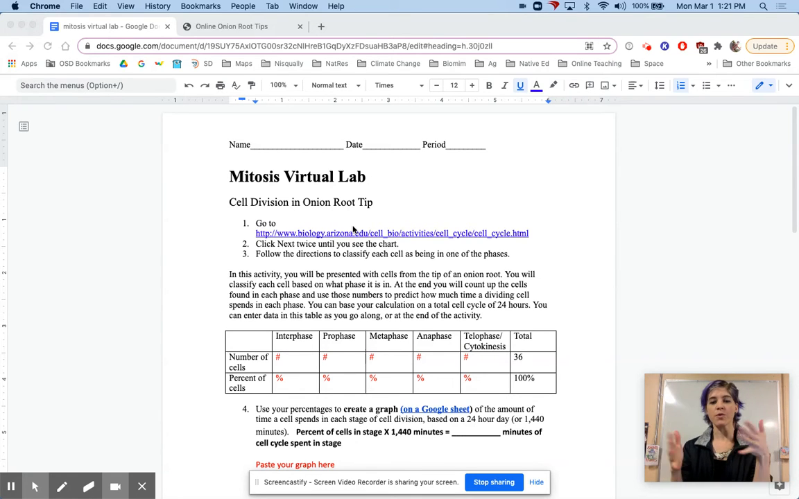A way that you could do this, and we would do this in real life, is we would take a sample of cells. So say from your cheeks, you could put your cheek cells on a slide. Or you take a tiny bit of onion from the root where it's growing, because there's a ton of new cells